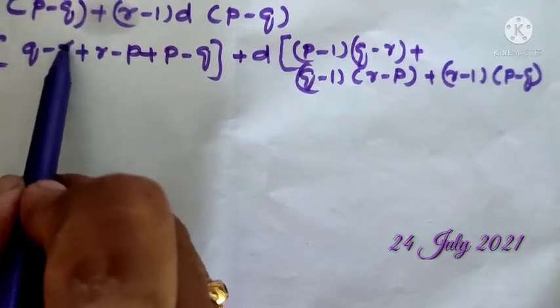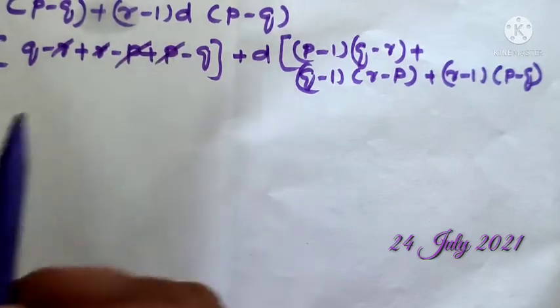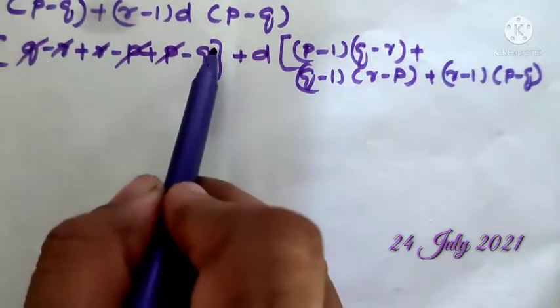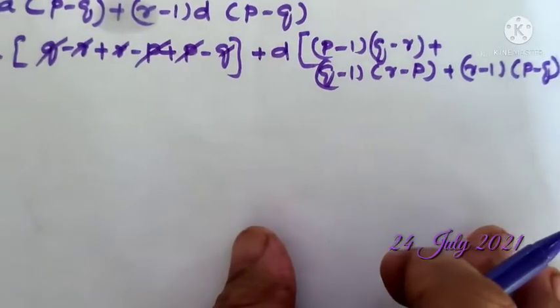Here minus r plus r will get cancelled, minus p plus p will get cancelled, similarly q and minus q also. So A into 0